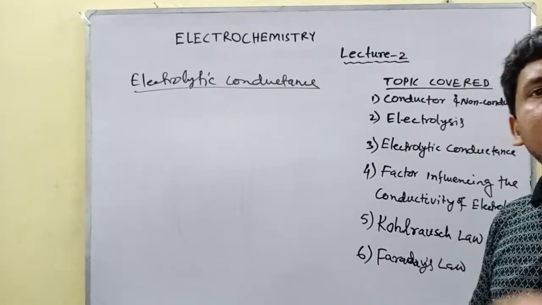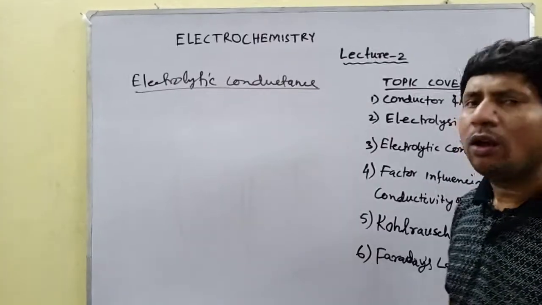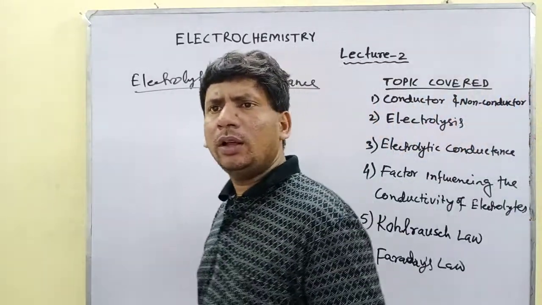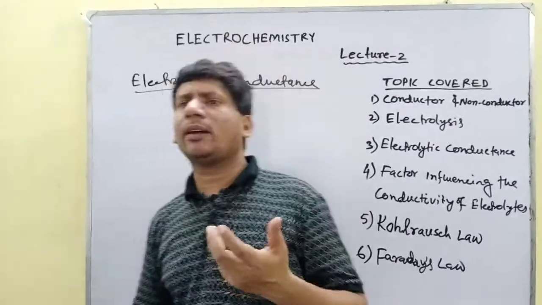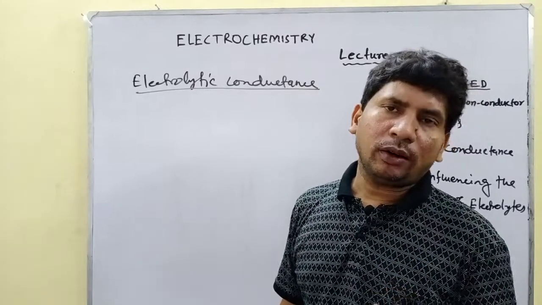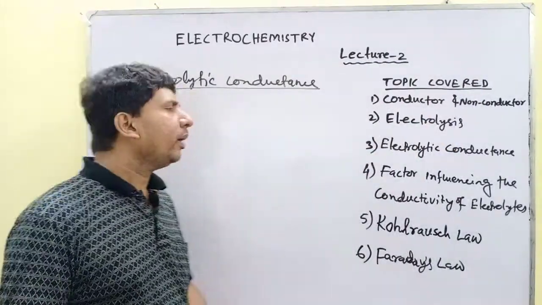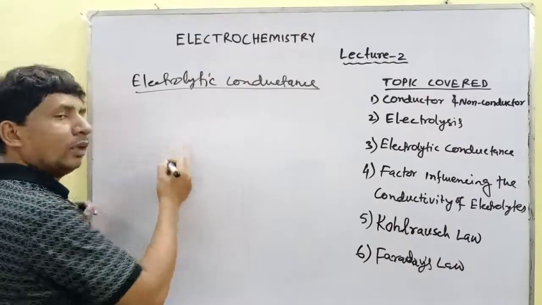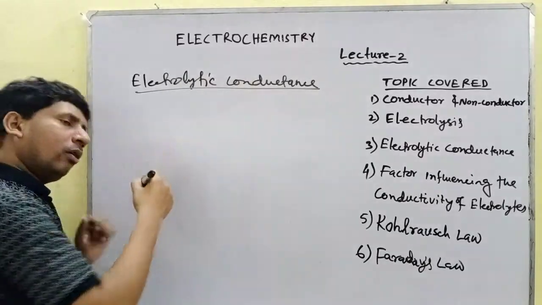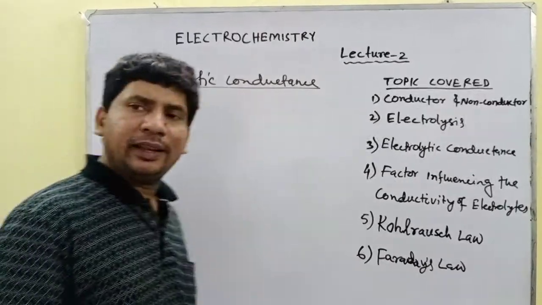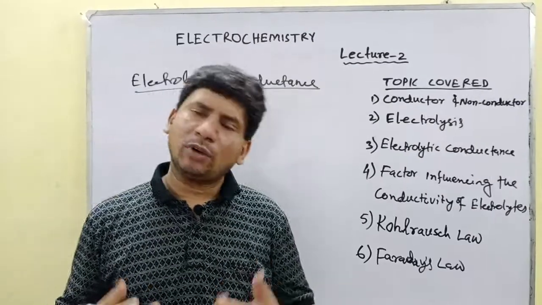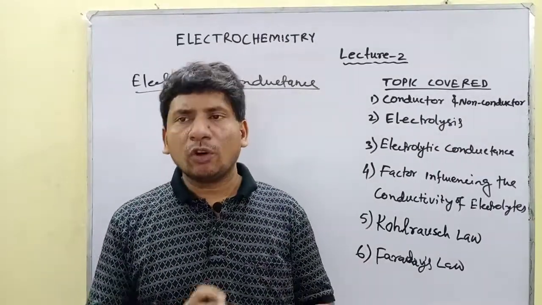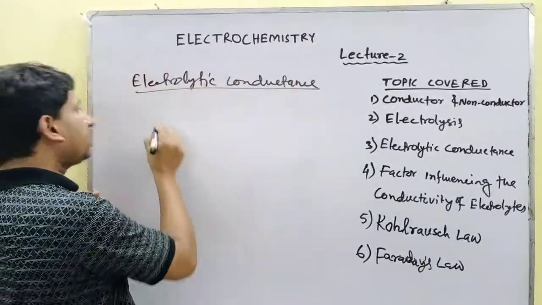Now what is the electrolytic conductance? From Ohm's law, we know the metallic and electrolytic conductors obey Ohm's law. Okay, and from Ohm's law, for metallic or non-metallic, it may be electrolytic, no problem, but the resistance